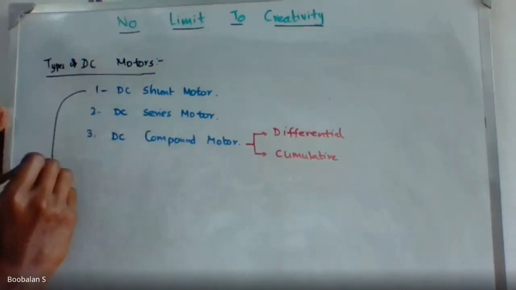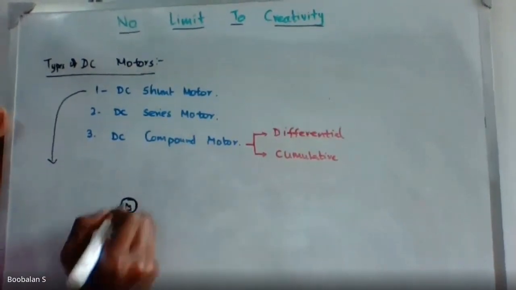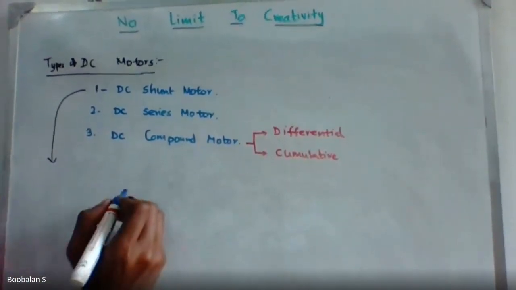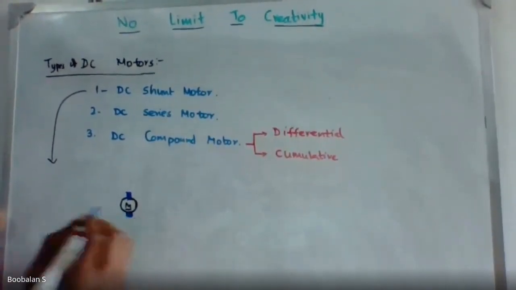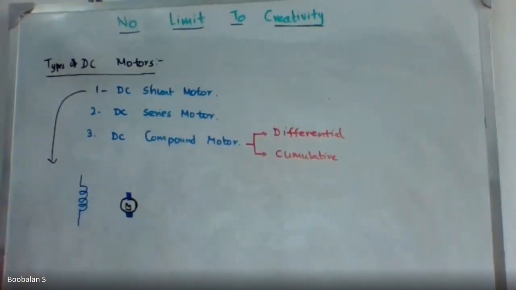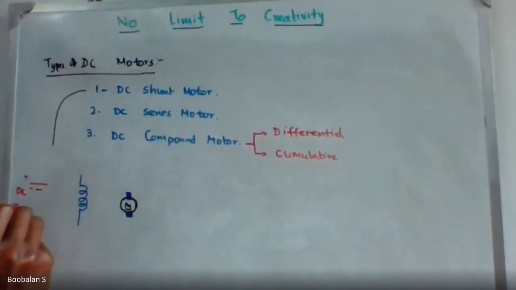So we'll have a configuration like this. This is my motor structure, the DC motor. Why is it called a DC shunt motor? That's what I'm telling now. This is the DC shunt motor. This is the brush, and we'll have a stator part. This is my rotor part, and this is my power supply, the DC power source, the power input.